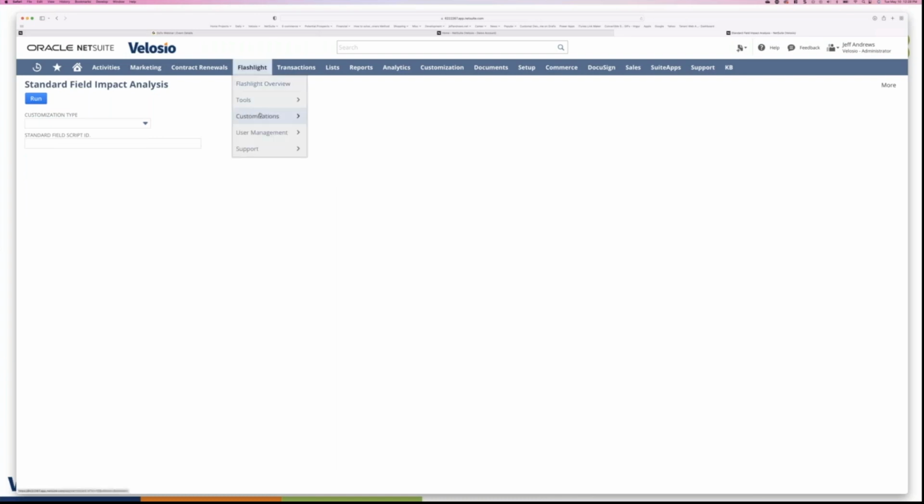All right, I'm going to go to one more here, and we're going to go to customizations. And you'll notice a number of other tools in the Flashlight tool. It'll give me a list of all customizations, an impact analysis. I can look at customizations with different things. So if you have maybe a team that builds, modifies,